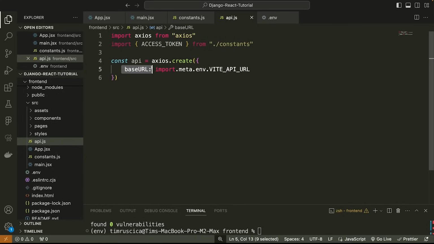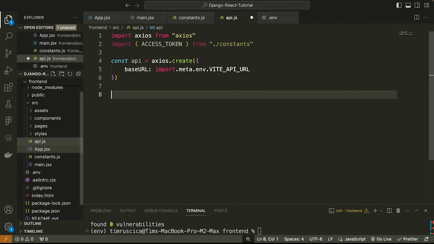Import.meta.env.VITE_API_URL, and we're specifying that as the base URL. So when I start using this API here, all I need to do is specify the path I want to access. I don't need to specify the base URL. Now what I'm going to do is